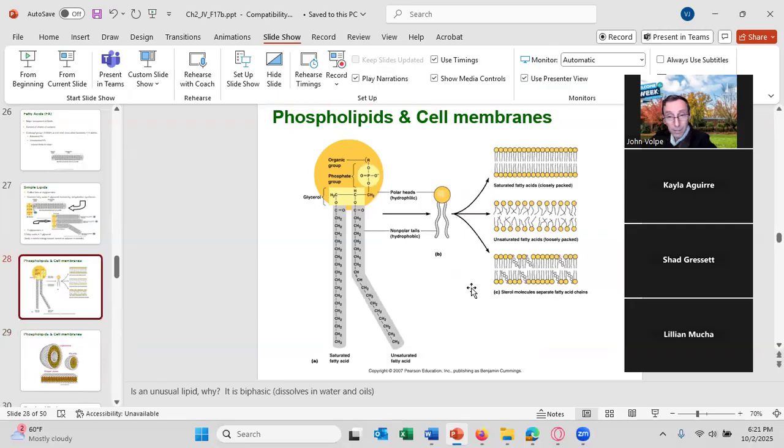Let me just briefly state that in our cell membrane, because we don't have a cell wall to help protect the cell membrane, we have cholesterol in the cell membrane to give the membrane strength and support. So right there is the cholesterol, and you can find it in between the phospholipids of the cell membrane. And you only find cholesterol in animal cells or tissues. You do not find it in plant cells.